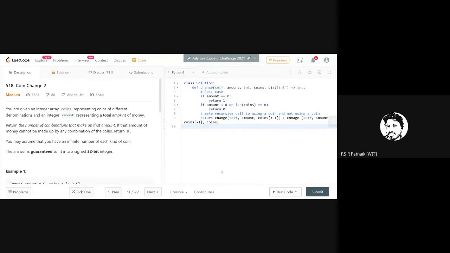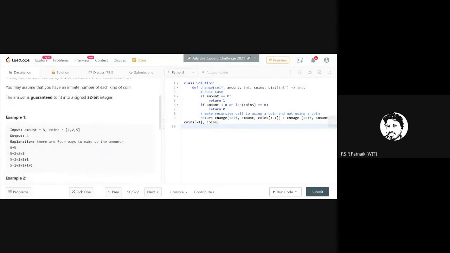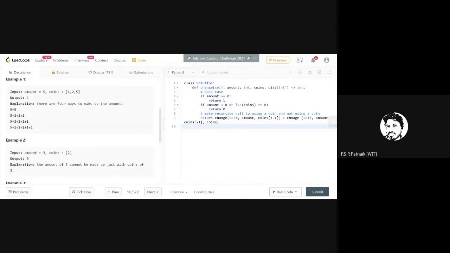Okay, so now tell me what it is. It's a recursive solution. Now, I'll just run it to see if my simple test cases pass. Obviously, this will exceed the time limit because we have not yet implemented memoization. So before we implement memoization, I want to ensure that our logic works. That's why I'm just checking if we can execute this as it is. So let me click on run code.